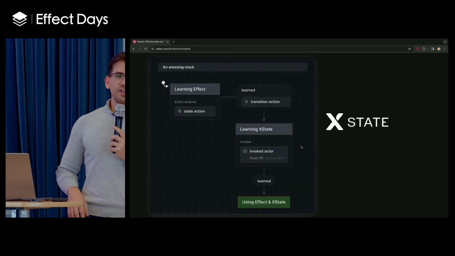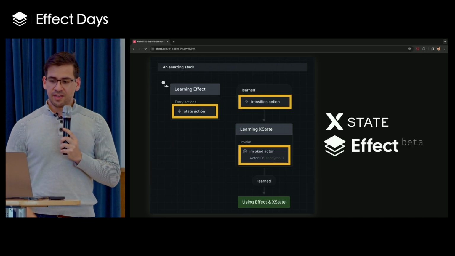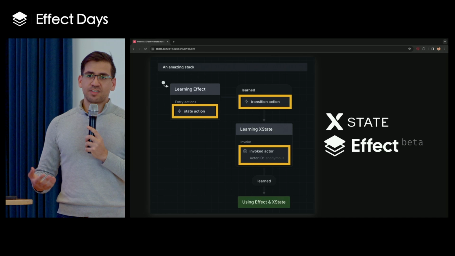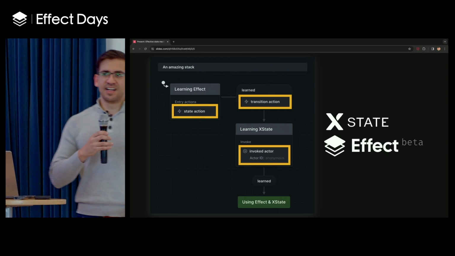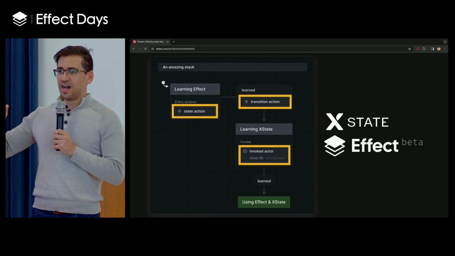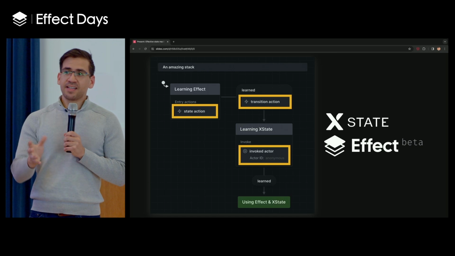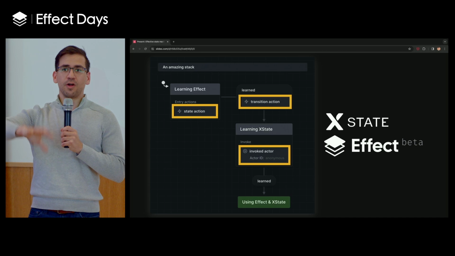Now, I talked about the different types of effects in XState and where they could live. So what can we actually use for these effects? Well, we could use Effect. And this has been something that I've been really excited about because for the most part, XState was really, really useful for modeling the state machine, the state chart, your overall flow.